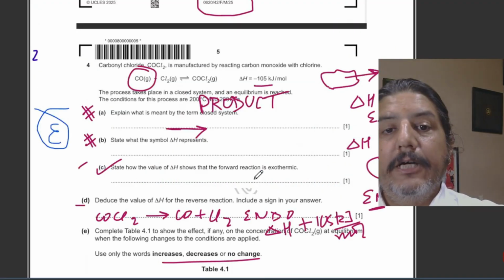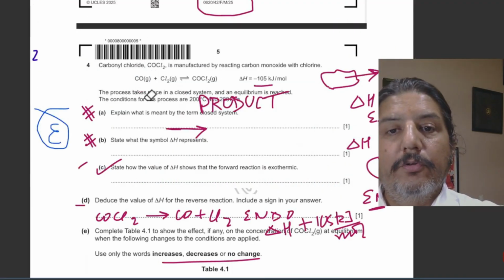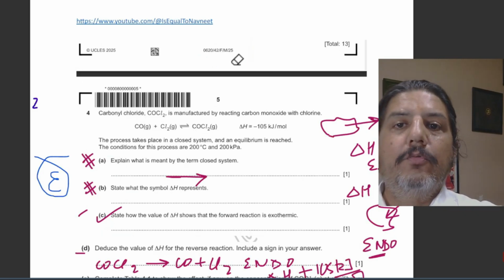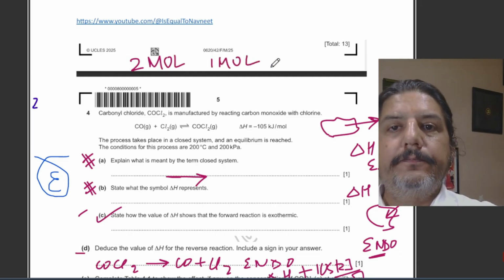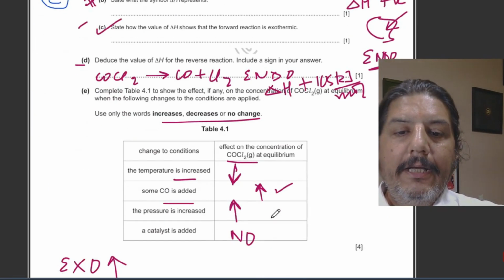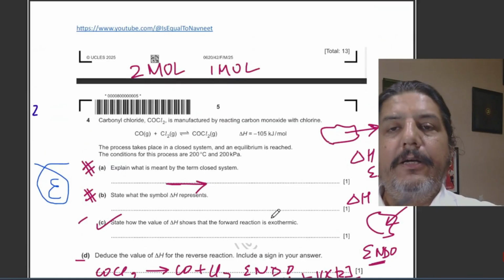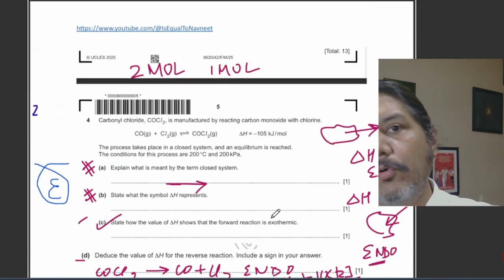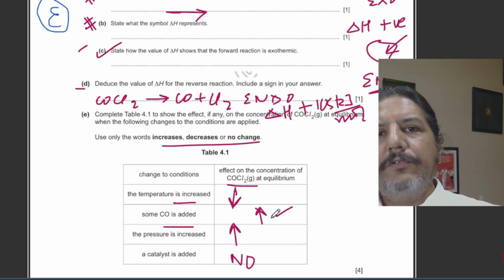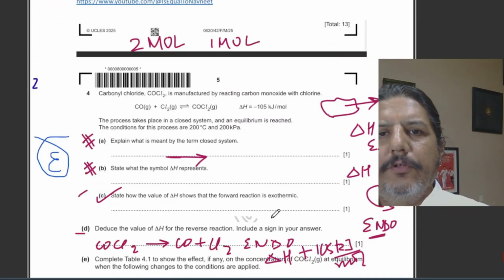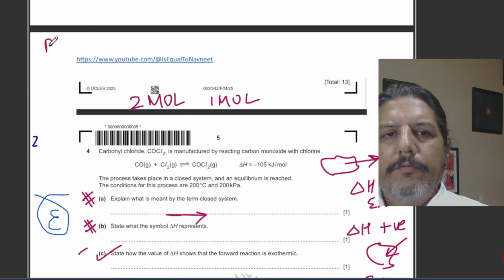Pressure is increased. As we have discussed before in the previous question also, whenever they are asking you a question regarding pressure, always look at the number of moles. So on the left side, 2 moles. On the right side, 1 mole. Now, if pressure is increased, the system has to move in a direction which opposes this increase of pressure. I'll write it here. If you increase the pressure, the system has to move in a direction which opposes